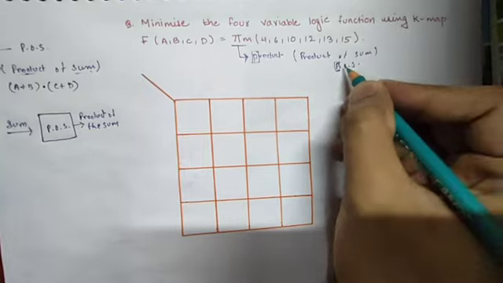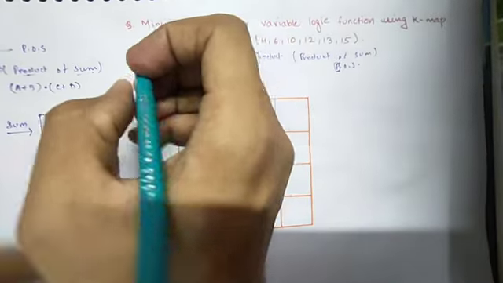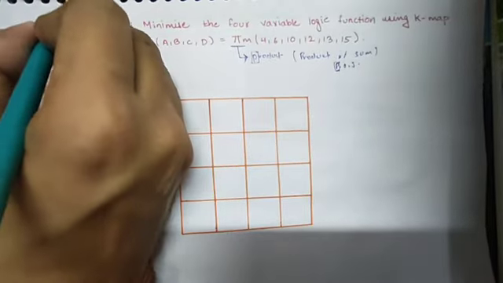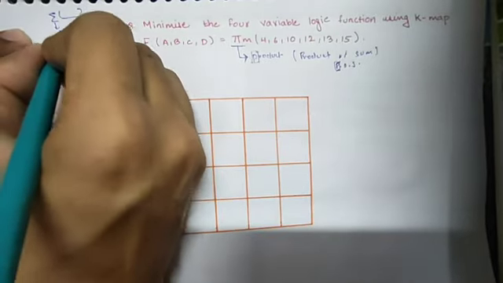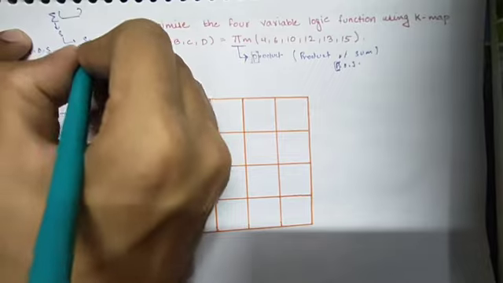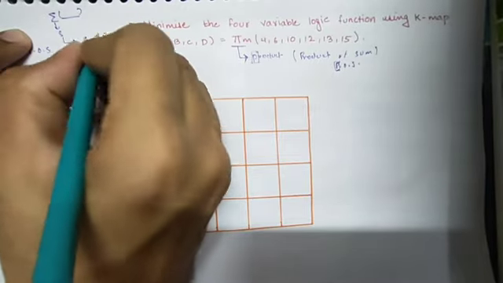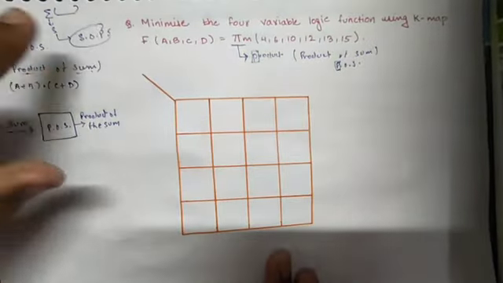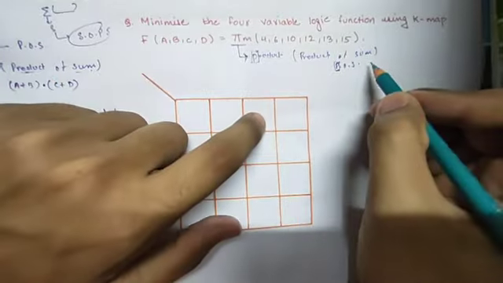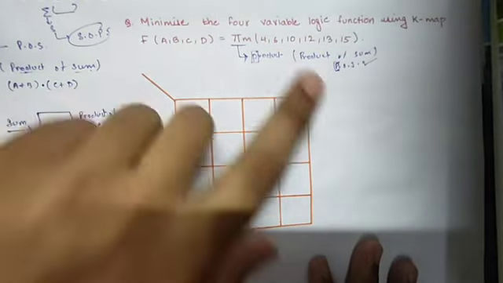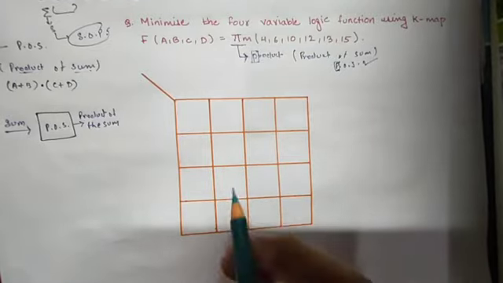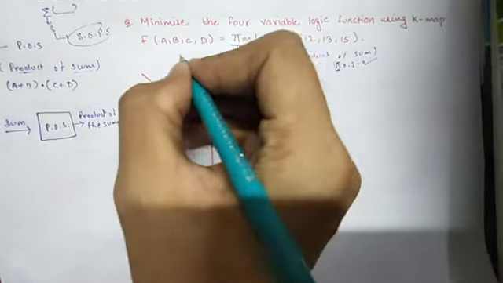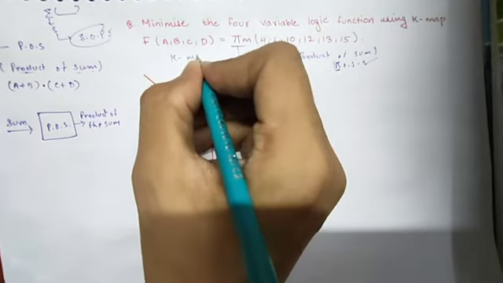So POS. If the question is given as sigma, some function sigma and something in brackets, sigma means sum. Then you write the first letter as S for sum of, and the remaining is P. Then the question becomes SOP. But in this question we are dealing with POS. So this is a Karnaugh map, which we call K-map.